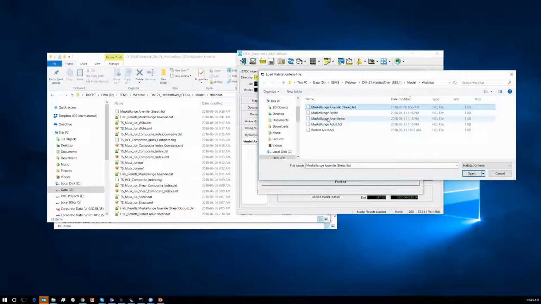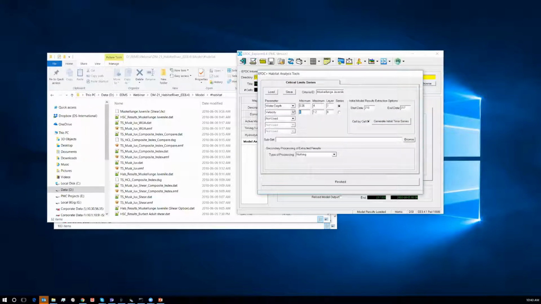But let's just go ahead and load up the muskellunge juvenile here. When I hit load, you can see that it populated the ID and fully set up all of my criteria, and I could, at this point, go ahead and generate the initial extraction of all the EFDC model